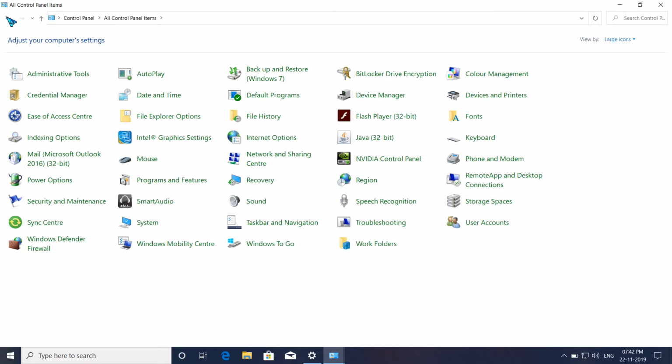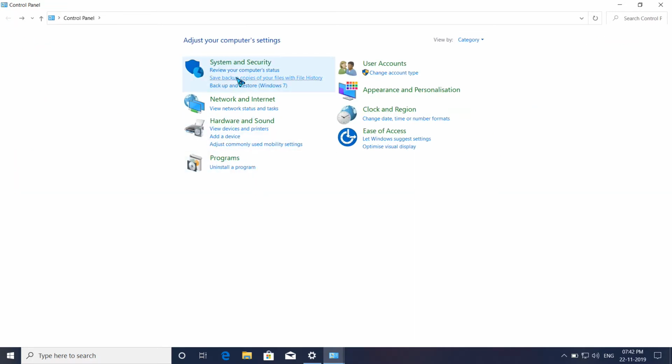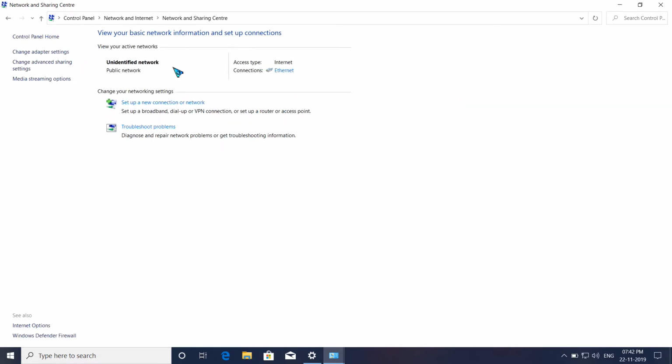Suppose you select the network and internet status here. As you can see, if your LAN cable is successfully connected to your computer or laptop, that means it is connected; whether the internet is working or not is a secondary matter.